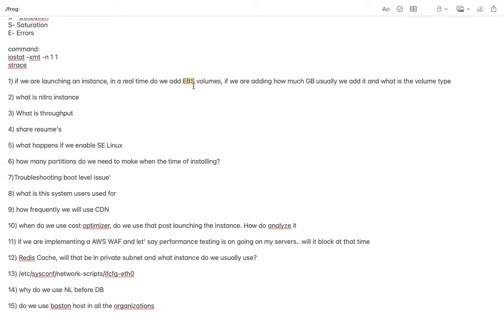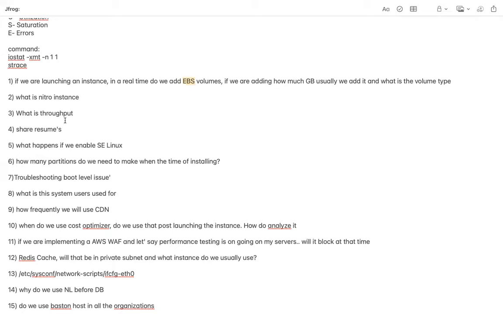IOPS means the number of read and write operations we perform within a single second. Throughput means the amount of data we are able to read within a specific span of time. So the volume of data is known as throughput, and the number of operations is known as IOPS.